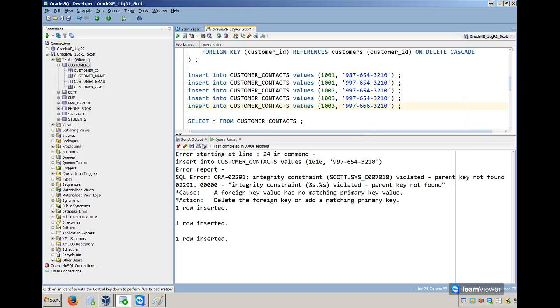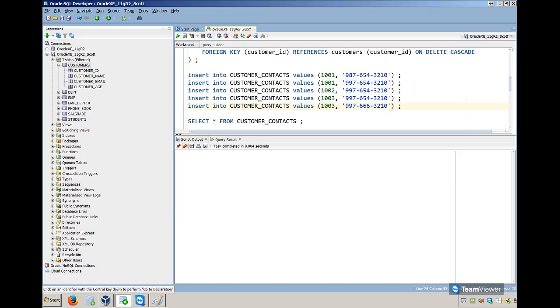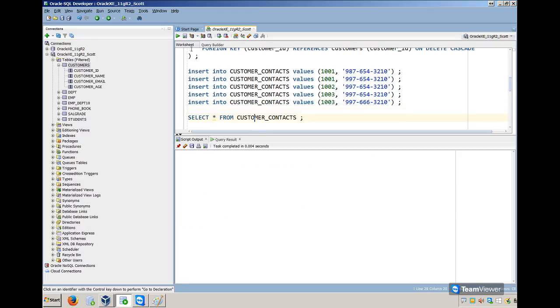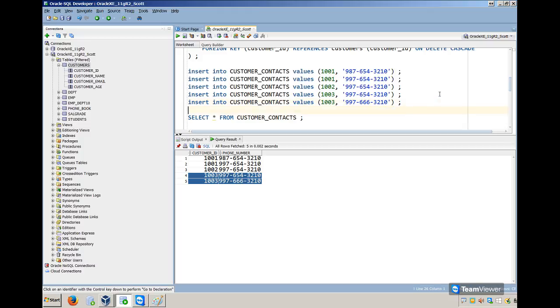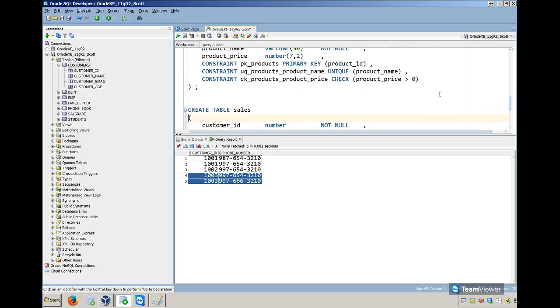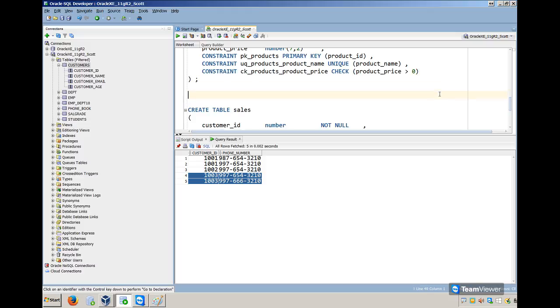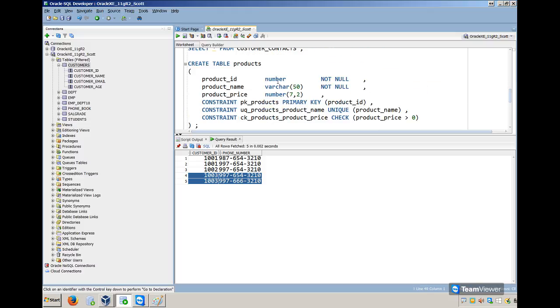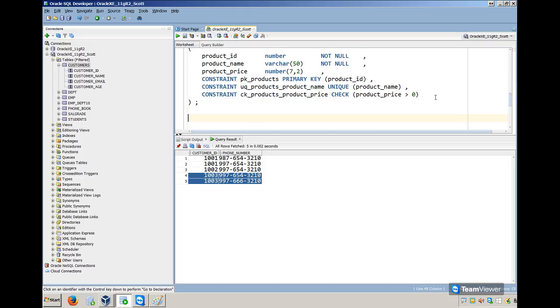Ignore this error message and let's look at the contacts again. So let's see what happened to all the contacts. Now you have two entries for the 1003 customer. Okay, so now let's go create products. Products, we already know all the conditions. So what we'll do is we'll just blindly put some product information in there, and insert into products,